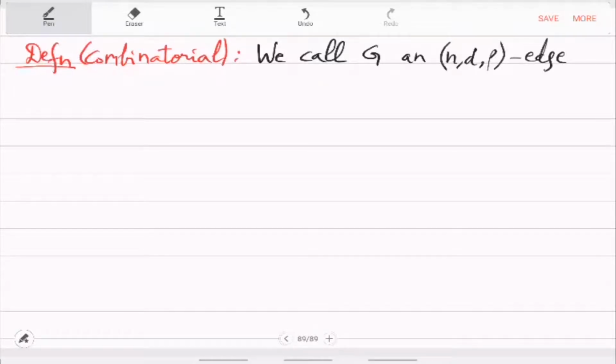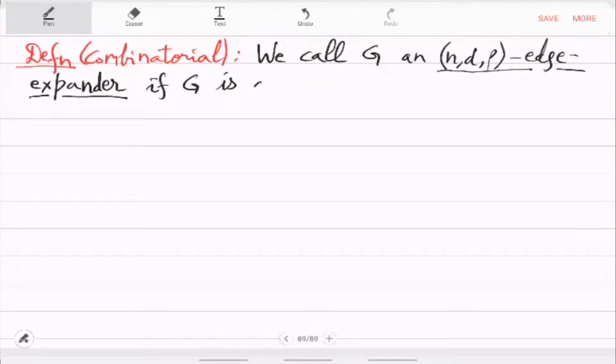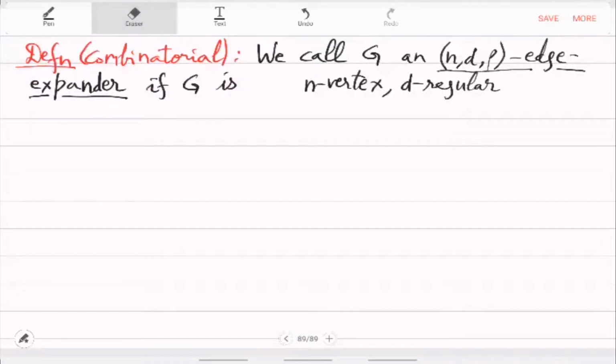So n, d, rho is an edge expander if G is an n vertex, d regular graph such that